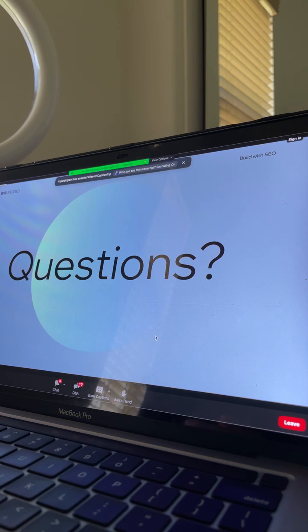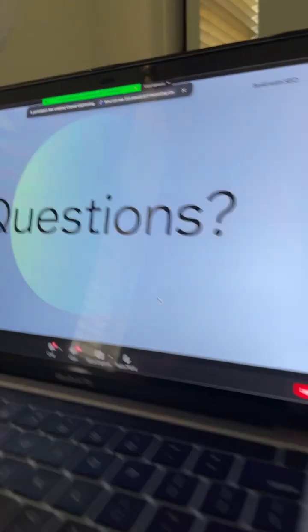Speaking of checking on things, someone asked, how often should I be checking on my SEO data? Maybe weekly, I would say. I think that this depends on the cadence of your business. So if you have a lead generation business or one that has a long sales cycle, then generally